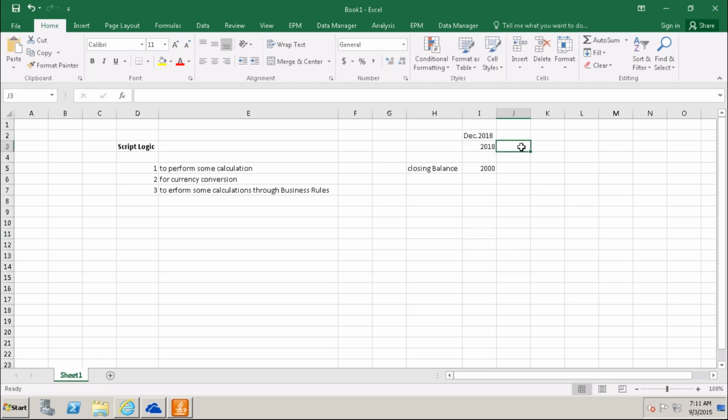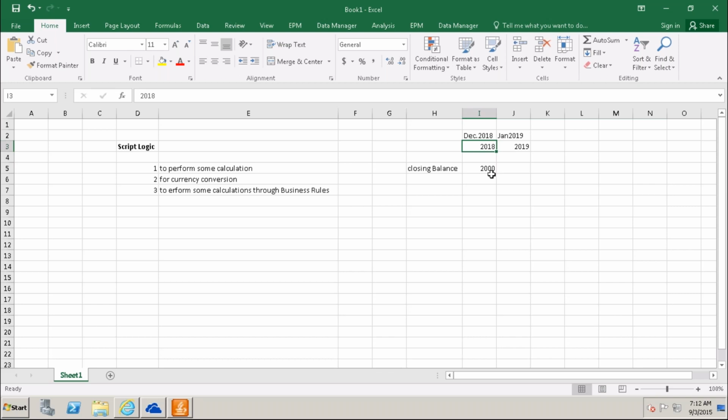And when I come to the new year 2019, the month will change. That is Jan 2019. Whenever the 31st of December is completed and we come to the 1st of Jan 2019, the year figure is completely changed here. So your balance carry forward needs to be done here in the year end period.